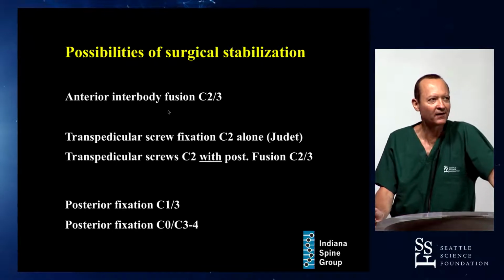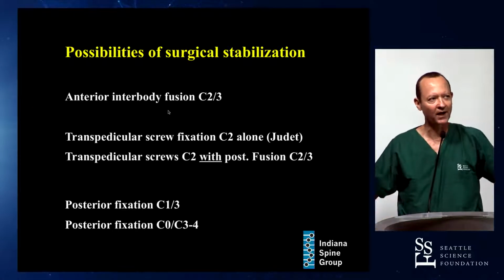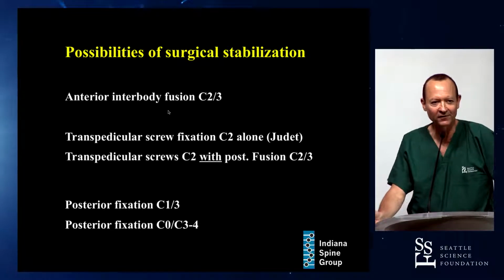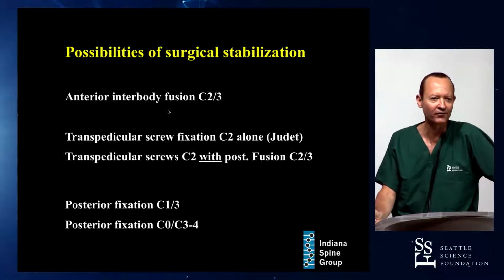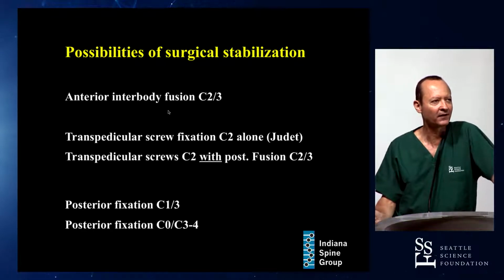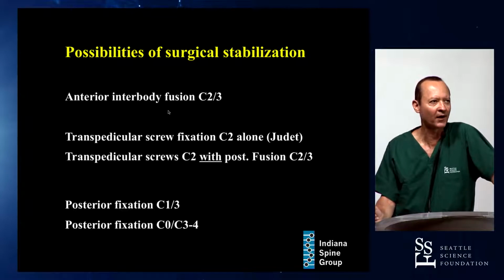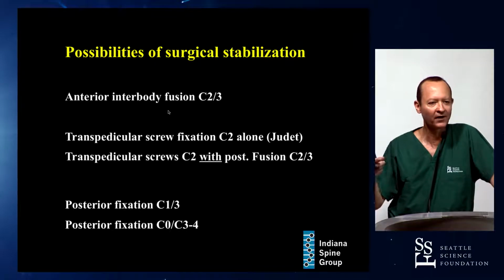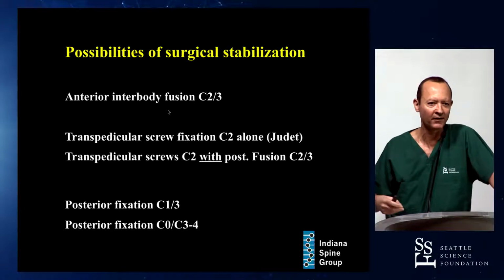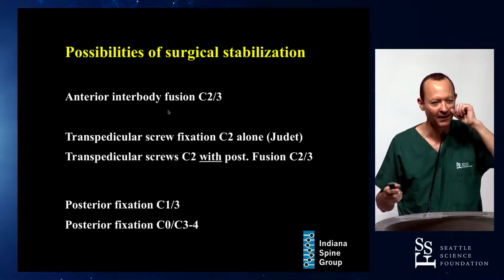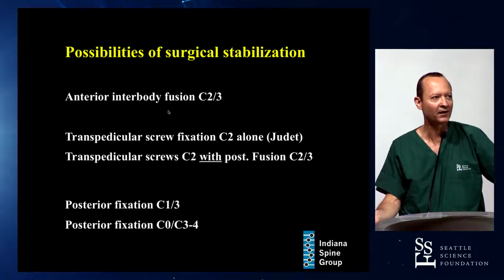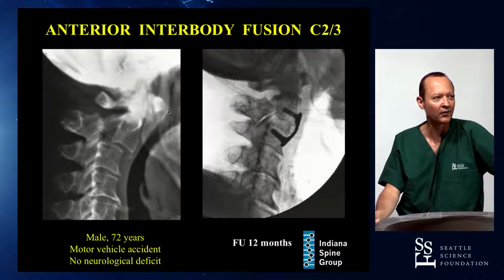A second is a Judet screw. Actually, Judet described just fixing the fracture itself, one of the few fractures that we as spine surgeons can treat. Type 2 odontoid fracture is another one. And then a transpedicular C2 screw with a lateral mass screw in C3, or various constructs that may include C1 or the occiput and farther down. We talked about that yesterday. Maybe because of other issues of canal narrowing, we may need to go above or below in order to adequately